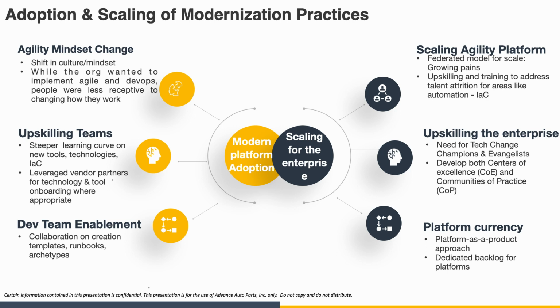In terms of spreading the knowledge across the enterprise, we took a two-pronged approach. One was the top-down approach with a centralized team providing the best practices, the guardrails and guidelines with a center of excellence kind of approach. And also doing a bottoms-up, and fostering collaboration between the various teams through communities of practice. And we felt this really helped us along the way, especially as we started to scale out and bring more